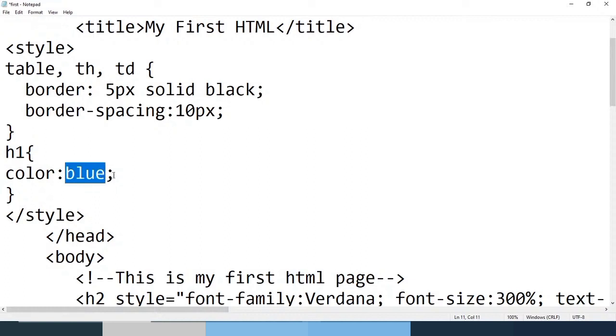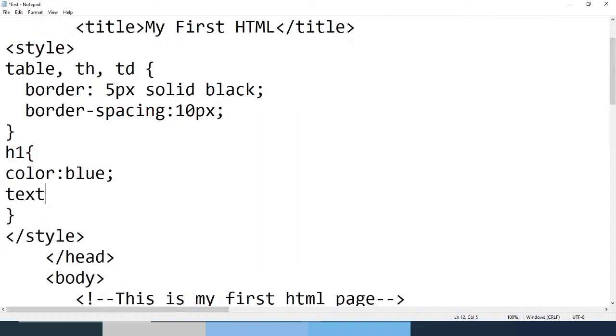So this is the value of the property color, and this is one declaration. Like this, you can even set another, like text-align colon. So colon is the separator for the property and value of the declaration. I hope you are able to understand. So text-align colon center. That means for the heading tag, I am defining color as blue, and I am defining text alignment should be center,